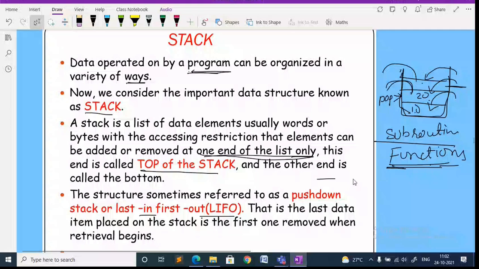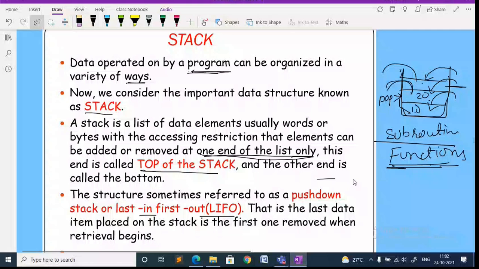Consider this is 100, then 96, then this is 90. Like this I'm just defining some of the addresses. It should be 98. 4 bytes means 98.